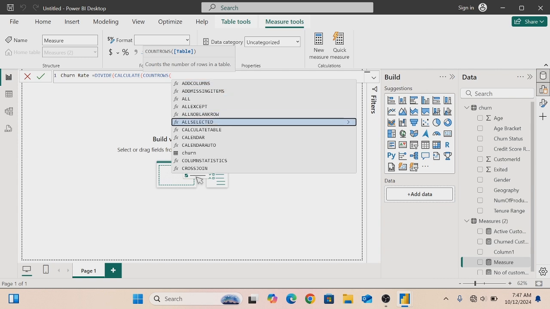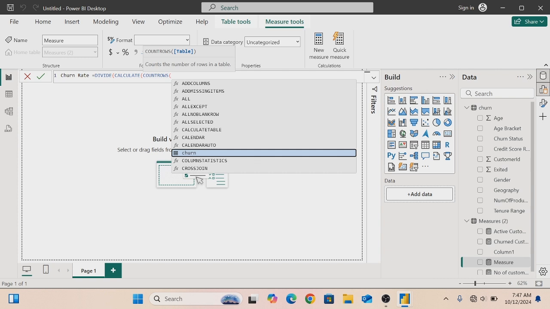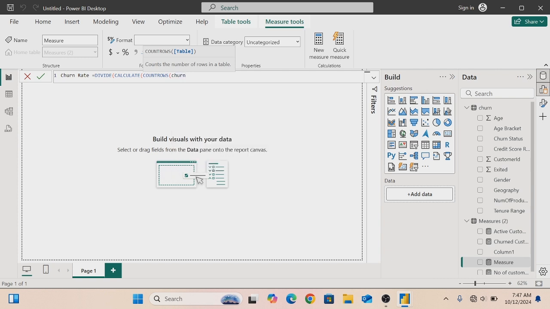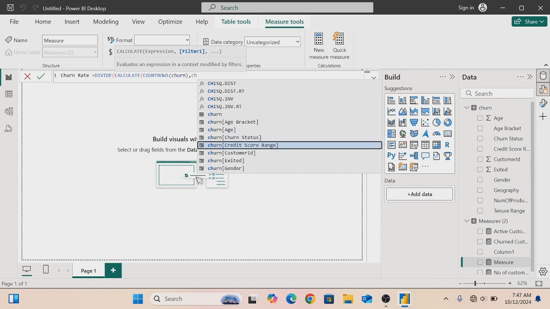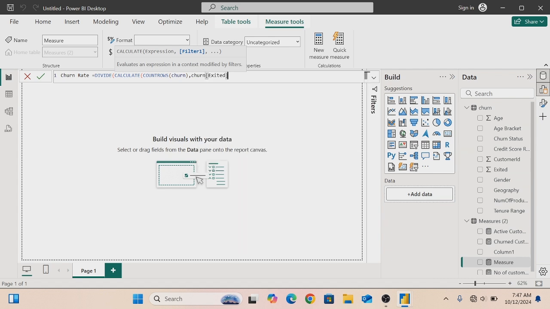So let's take our churn table. Remember, close the bracket and put your comma. So we want to divide, we want to calculate, and we want to count the rows of our churn table, where what exited is, so right here, still write churn, and the column is what exited. So is equals to 1, right? Close your brackets, comma,